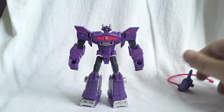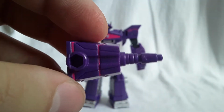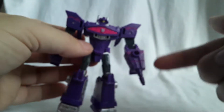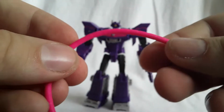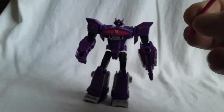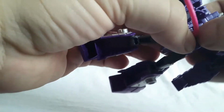It just needs to capture the spirit of the character, which, if we take a quick look here, take the gun. It is a pretty decent looking gun. Pretty simple, single piece of molded plastic, but it does have some paint apps on it at least. And then you just take that, plug it in, and it works on both sides, so if you're a G1er or if you're more of a movie fan, either way. And then you take the hose, which is a piece of flexible plastic that I don't know how well it comes off on camera, but there are actual segments to it, but it is all one solid piece. And you just take one end, plug it in up top, and then take the other end of the hose, plug it in the back,